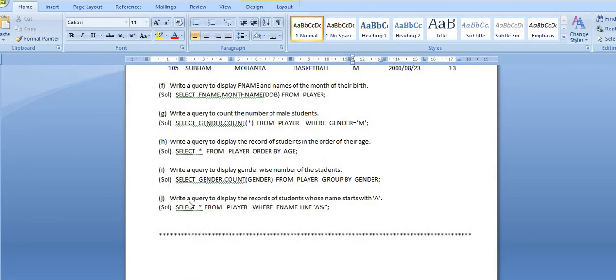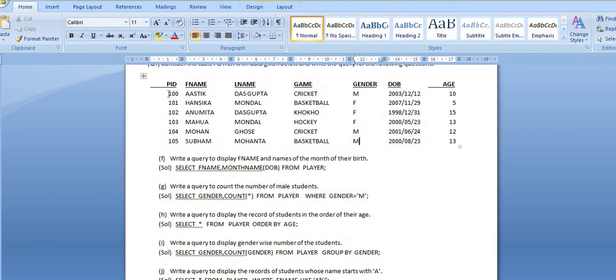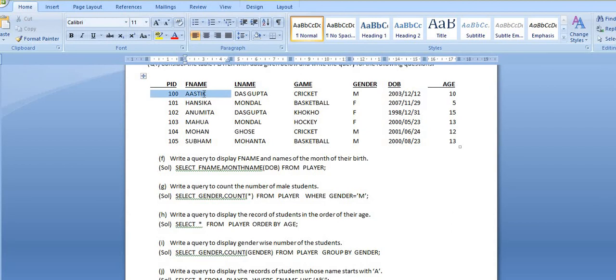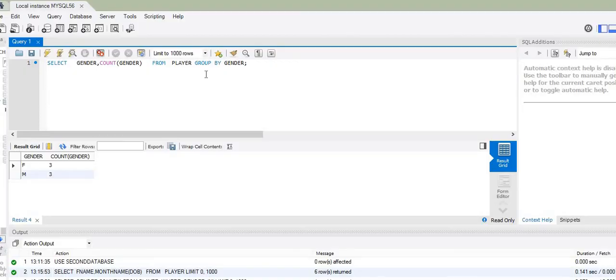Now let's come to the last question. It says write a query to display the records of students whose name starts with A. That means out of all these records, I am going to select only those records with student name starting with the letter A. Now out of all these students, only the student bearing the name Astik starts with the letter A, and the student bearing the name Anumita starts with the letter A. So only these two records shall get displayed in the output table, and for that I have to write the query as